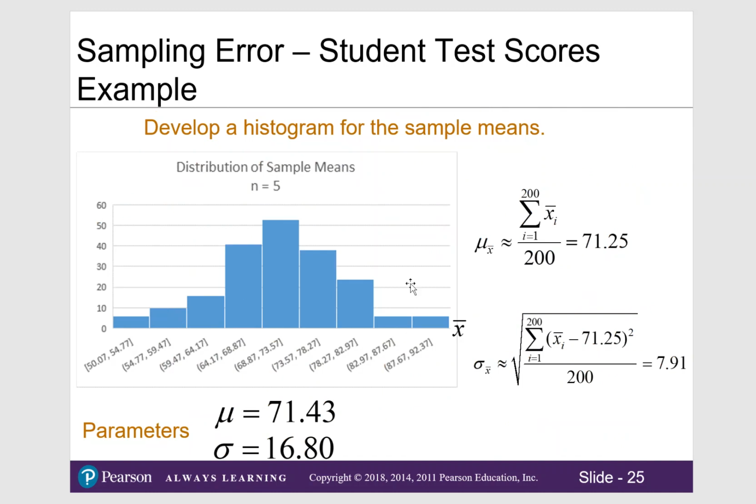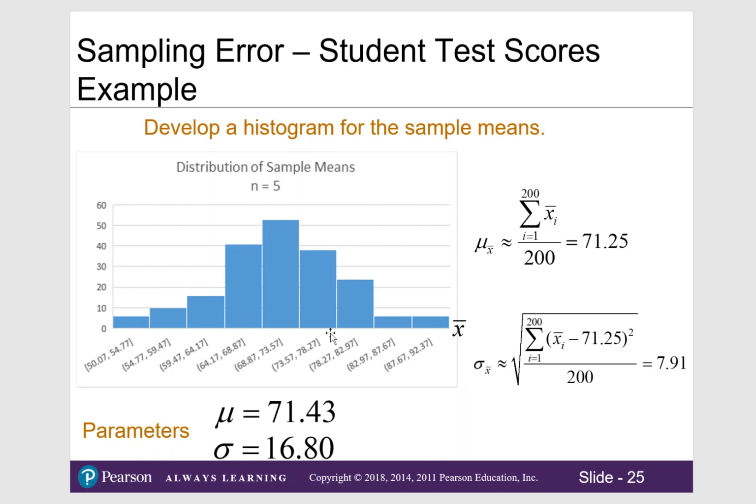Hopefully you notice it looks fairly symmetric, it looks like it's got one mode, and it almost has that nice shape we love from chapter 6. It looks kind of bell-y, doesn't it? Bell. Gee, I wonder if this is always going to happen. Hint, hint, wink, wink. This is what we call the sampling distribution, because it's the distribution of a bunch of